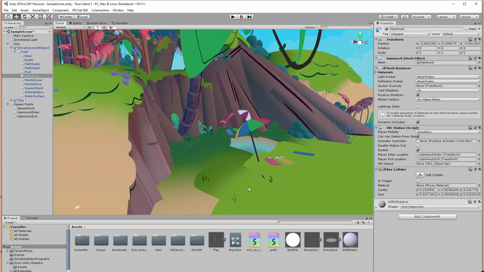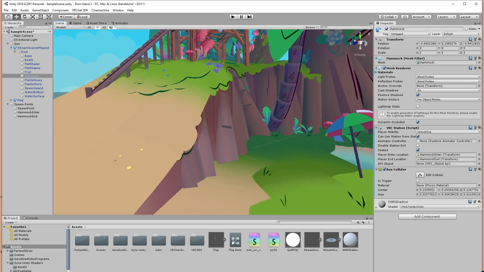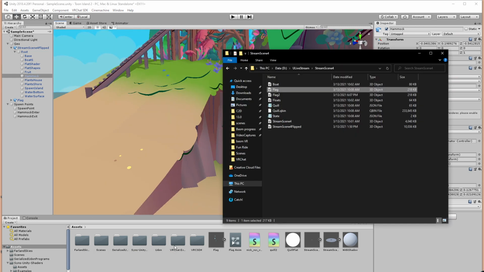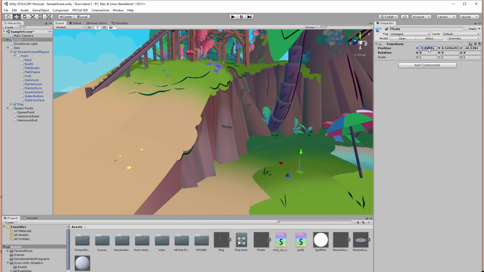And now we're going to apply the shader to this stuff as well because we missed it. So I'm going to bring in these assets here. They're just a couple of floating inflatable